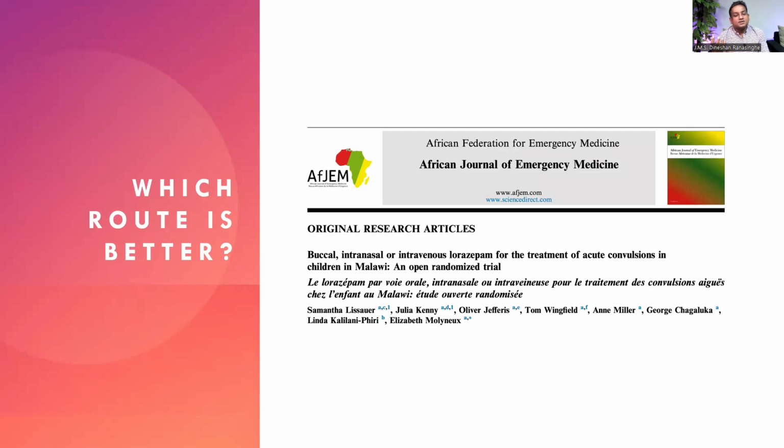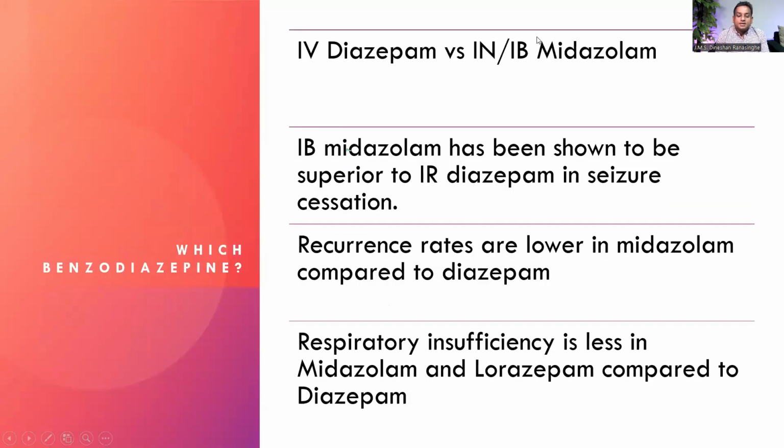Otherwise, what happens is it has to go through first pass metabolism in the liver and then to blood. If you give any other route, it has to get absorbed before going to blood. So giving IV is much better than giving any other route. So IV diazepam,